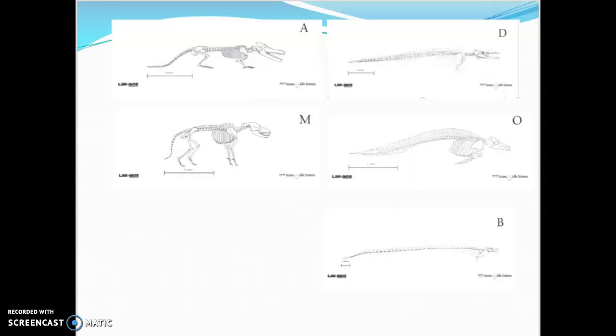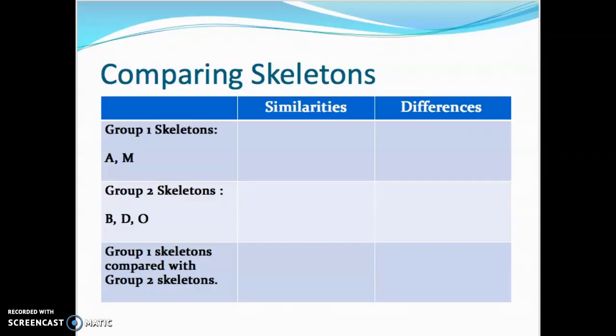Yesterday I left you with the whale fossil cards, and I had you make this chart, and I asked you to fill that chart in looking at the fossils. So I was trying to think of a way to do this. This is what I came up with. Hopefully it works. If I look at group one, which is just fossil A and M,